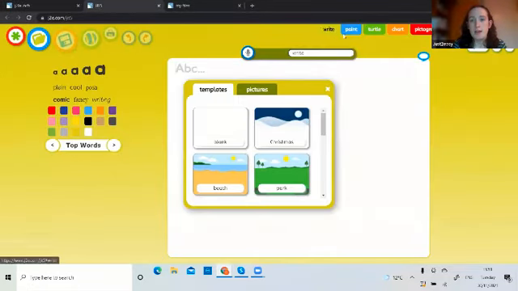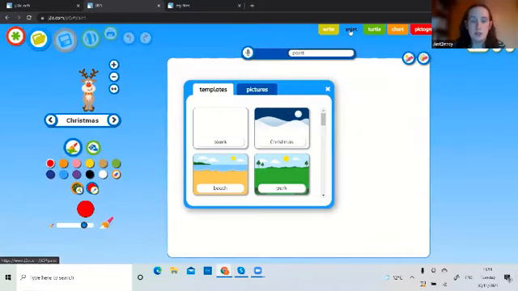Now, JIT is made up of 8 different tools, which you can see along this toolbar at the top right-hand side here. We go straight into JIT Write, but we're going to start off today with JIT Paint, which is our tool for creating pictures. Its primary use is getting your youngest learners to start creating art on the computer.